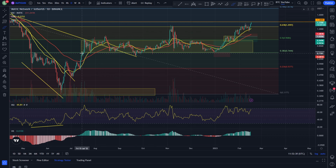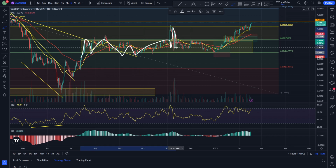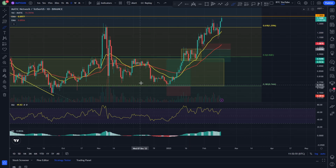You can obviously see ever since we came up here at the 14th of July, what is this, the 14th, 15th of July here, we came into this range. Resistance, support, resistance, support, support, resistance. We get that false breakout with the FTX collapse. We come back inside, resistance, and then support. I actually did a long position here that entered just about at the 0.38 there, and it ran all the way up to that 0.50 and got a